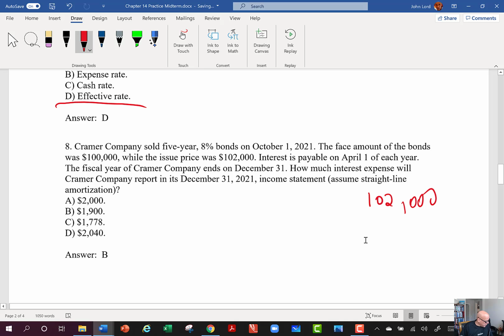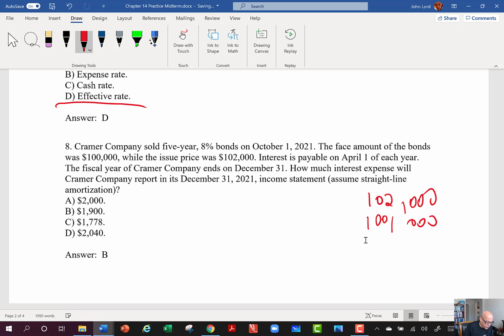Okay, so we've got this $102,000. That's the issue price. Face is what? Face is $100,000. Okay, so I know there's a premium on this bond, okay? And they asked me how much interest expense will Kramer Company report in its December 31st, 2021 income statement. Now, I look at these choices here, and,